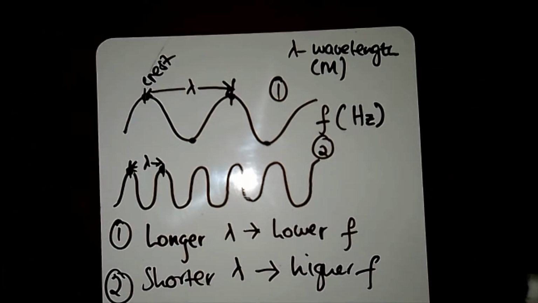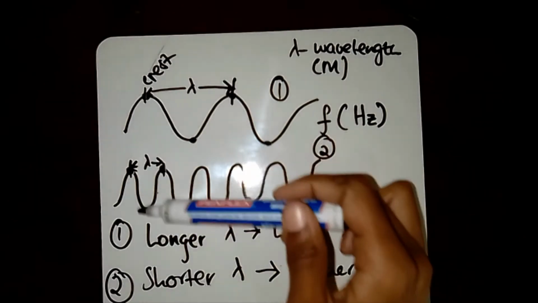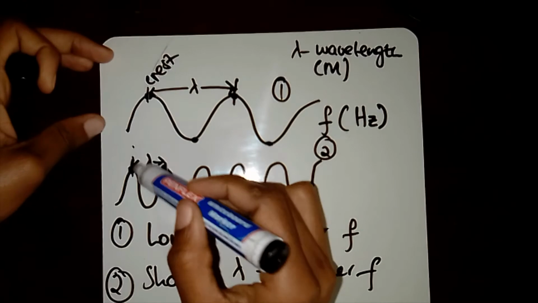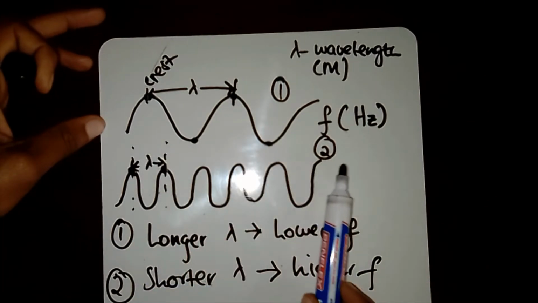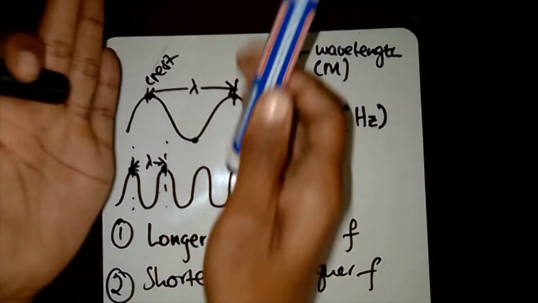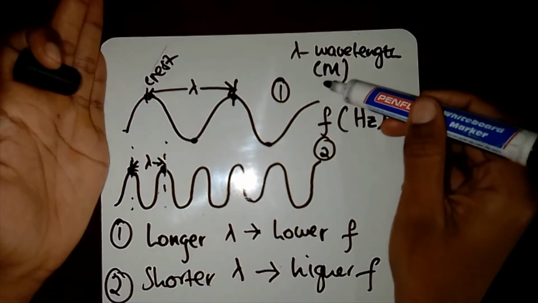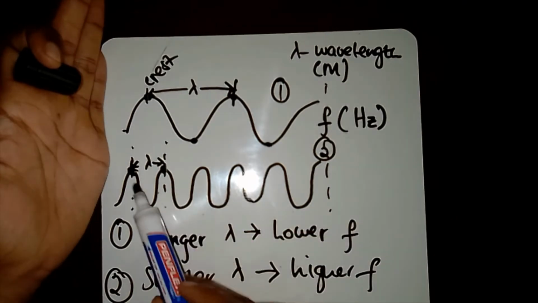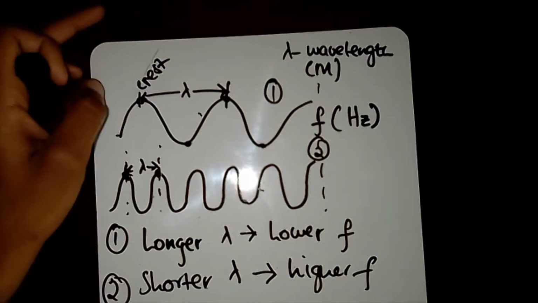Why? Because then this wave here is produced. So if we take this as a single wave, this wave is actually produced a number of times in comparison to this. So you see, in that period that we've defined, maybe from here to here we define a time period, there are more waves produced for this wave than for this one. So we would conclude that